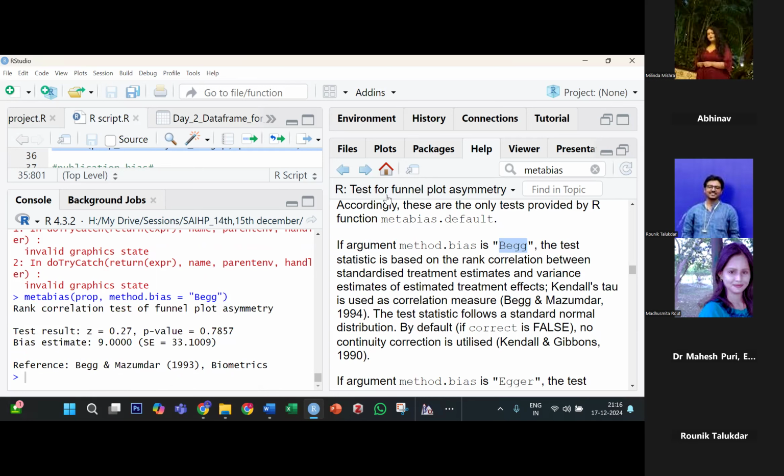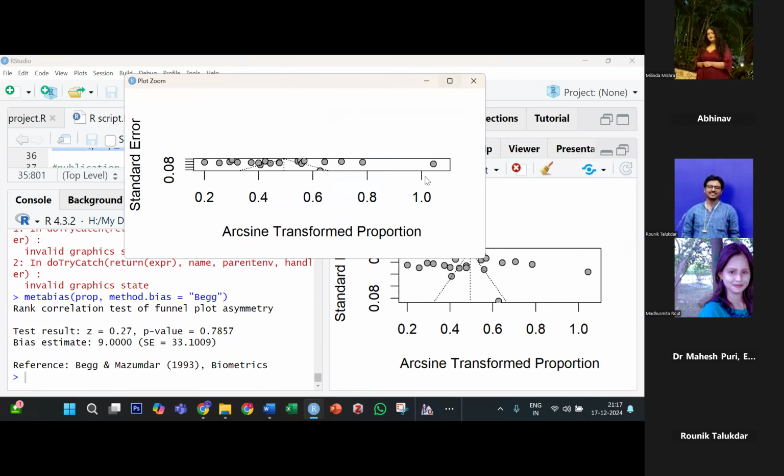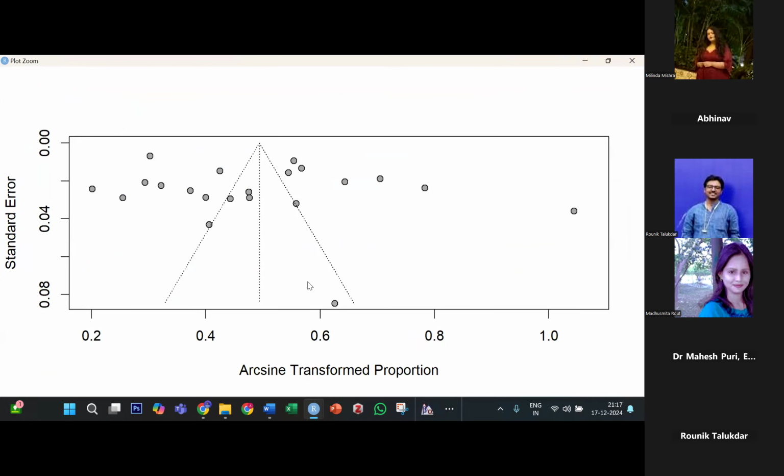But it depends on three things. Number one, your visualization. Visually अगर तुम देखोगे तो there is some bias in it, because कुछ extreme studies हैं यहाँ पे। तो तीन चीज के ऊपर डिपेंड करता है, एक तो तुम्हारा विजुअली देख लिया, दूसरा तुम्हारा इक्वेशन से देख लिया। तो इक्वेशंस आर सेइंग देयर इज नो पब्लिकेशन बायस, बट स्टिल तुम्हें अगर लग रहा है बाय सीइंग द प्लॉट कि देयर कैन बी सम स्मॉल स्टडी इफेक्ट्स, क्योंकि ये सिमेट्रिकल तो है नहीं किसी भी एंगल से, तो देन यू कैन आइदर एक्सप्लेन इट इन नैरेटिव